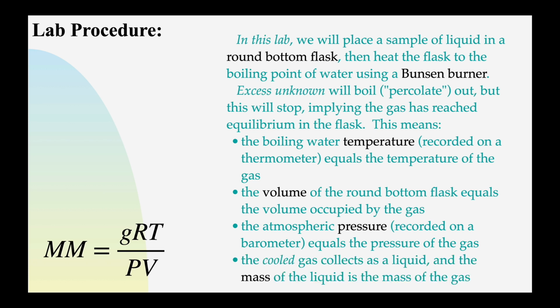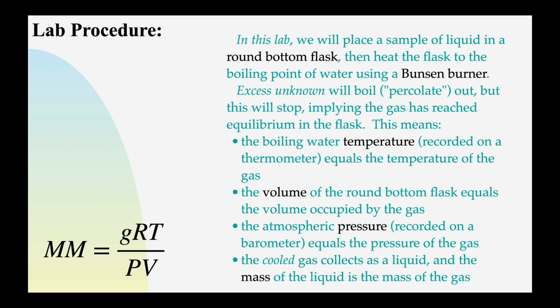As the round bottom is pulled out of the boiling water and allowed to cool, you'll see that inside the flask some of the unknown recondenses as a liquid. If the liquid is volatile, that means it's also probably easy to get back into the liquid phase once it's turned into a gas. So if you take a measurement of how much of the unknown is left, i.e. empty round bottom, and compare it to the round bottom after heating, the difference between those will reflect the mass